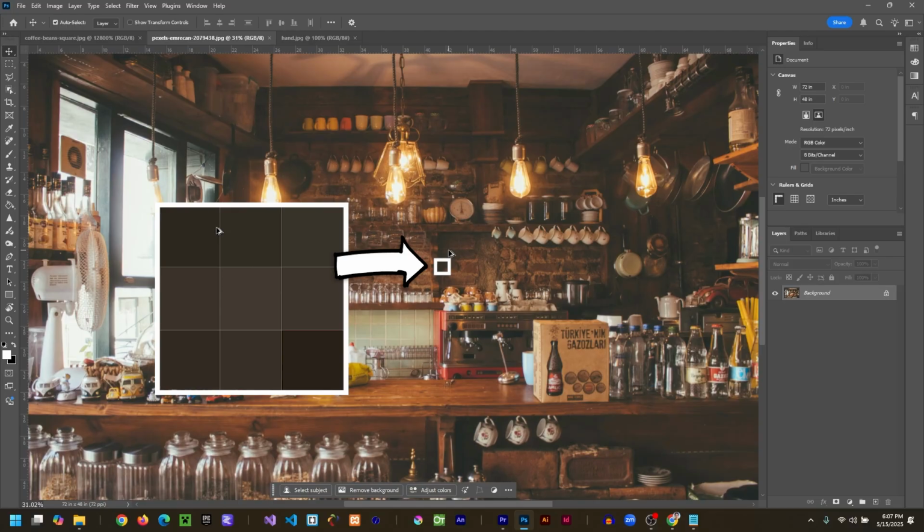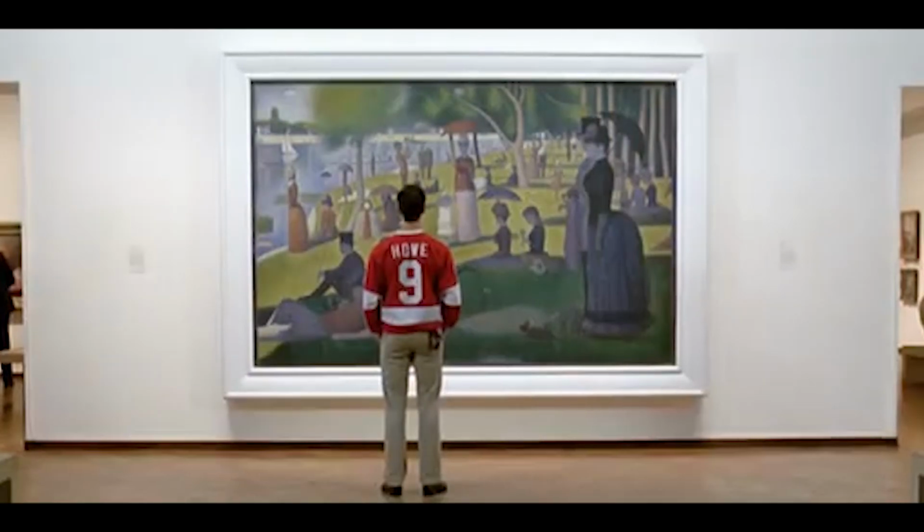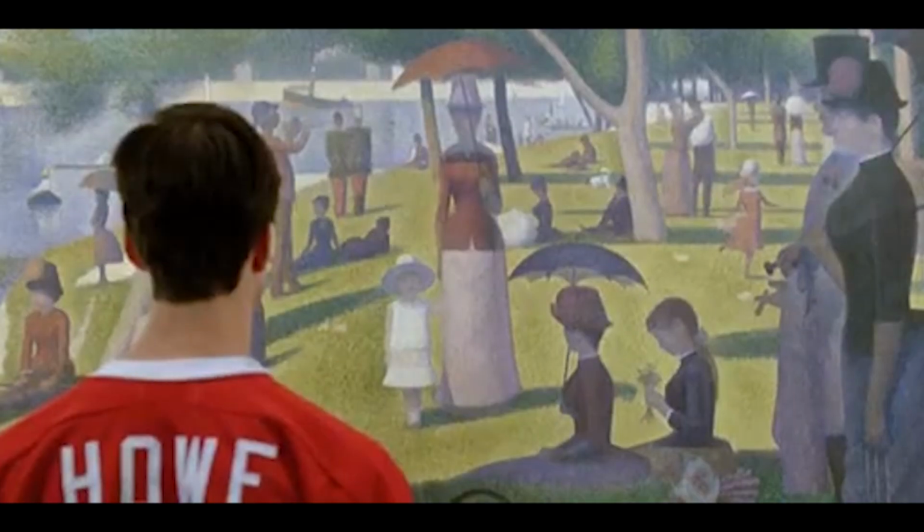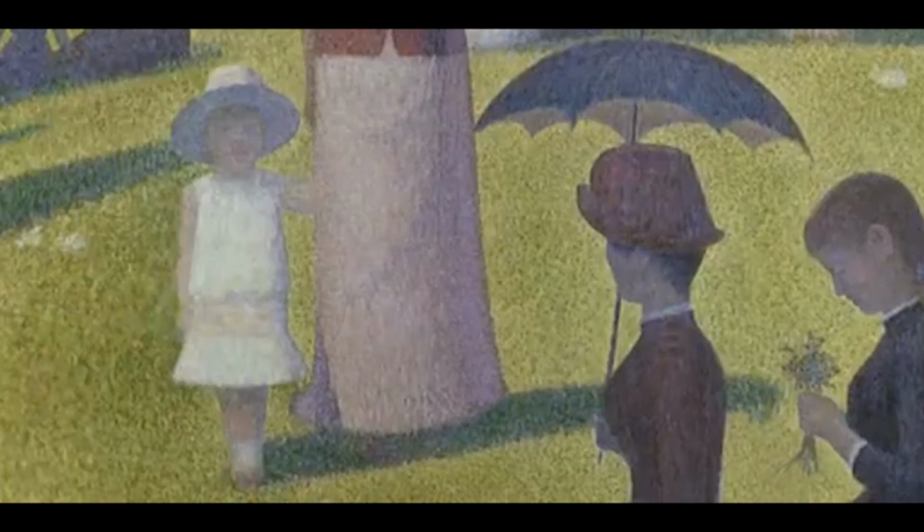If you've ever studied art history, you might be familiar with pointillism and the works of Georges Seurat. He didn't use blended brush strokes. Instead, he used tiny dots of color placed really carefully. And when you stand back, your brain merges them into a full scene, and it's kind of wild if you see it in person. They're very large paintings.